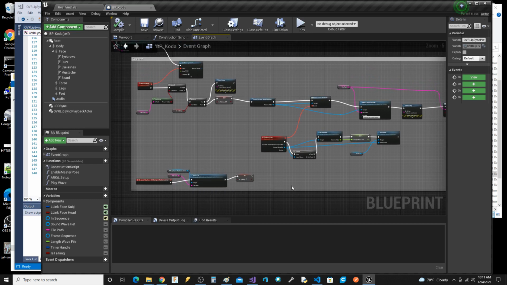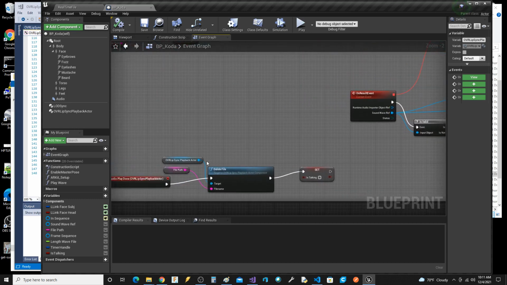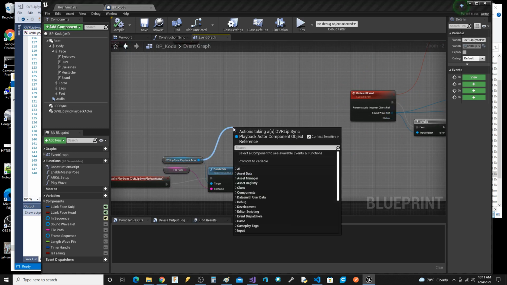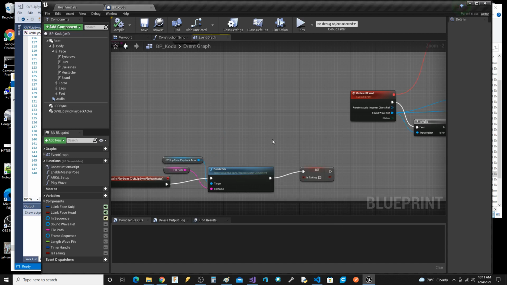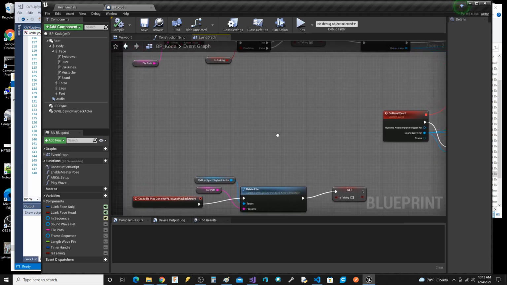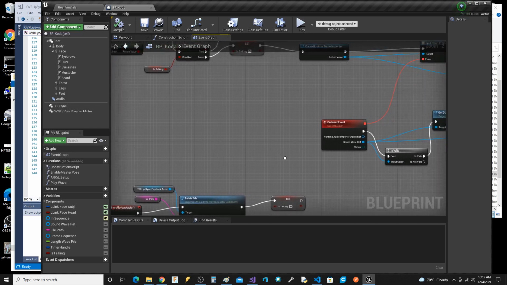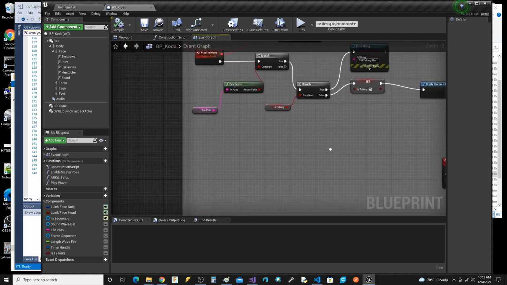And also, this is the playback actor. If you come up here and you say, you can see this lip sync delete file shows up. Okay, so still being an Unreal noob, I couldn't find this stuff, and that was frustrating. So again, this is just kind of hacked together. It's not what I want.